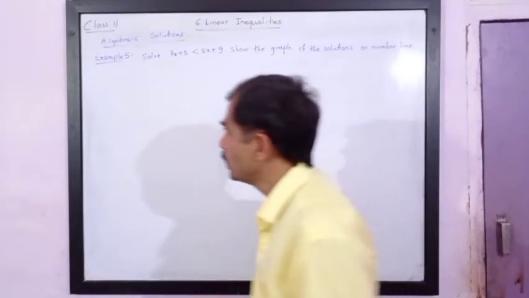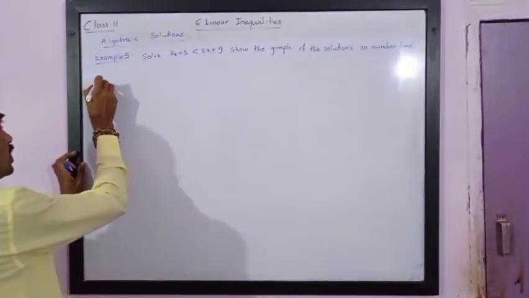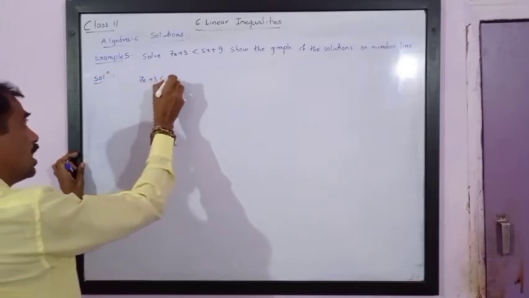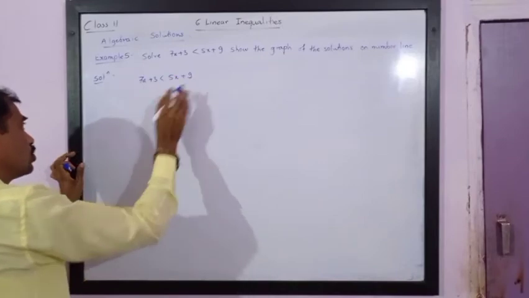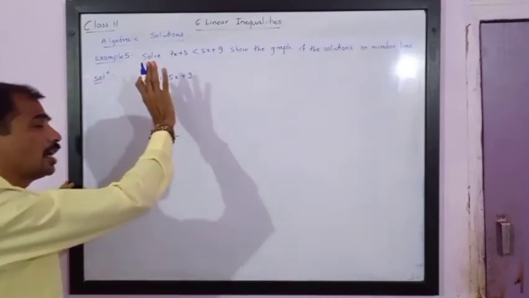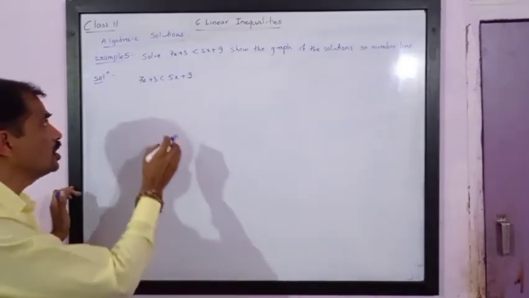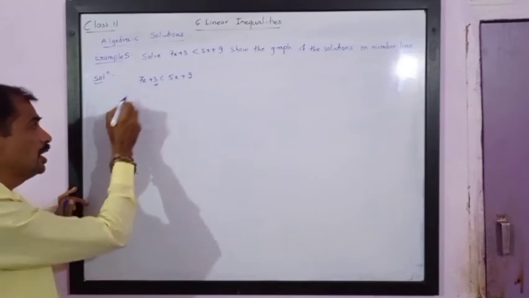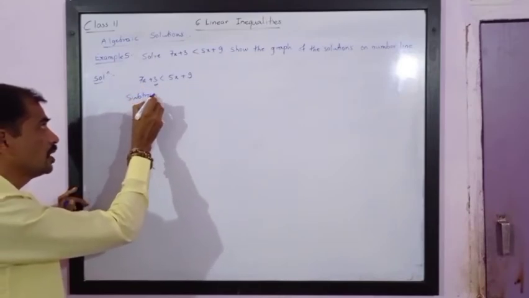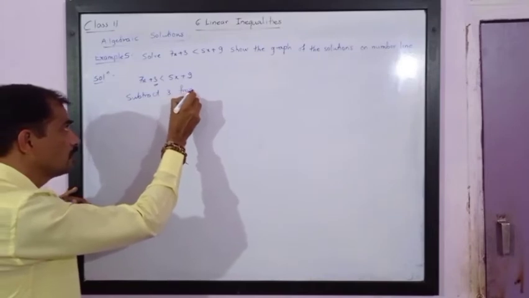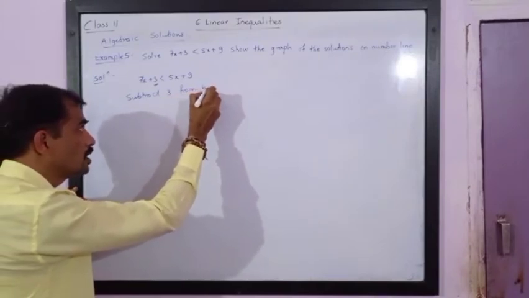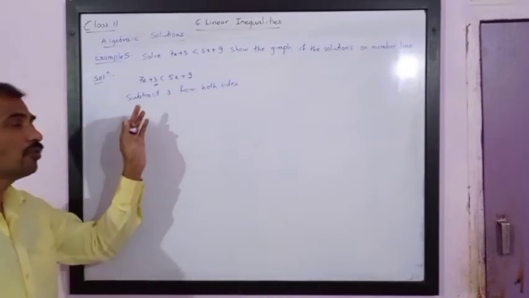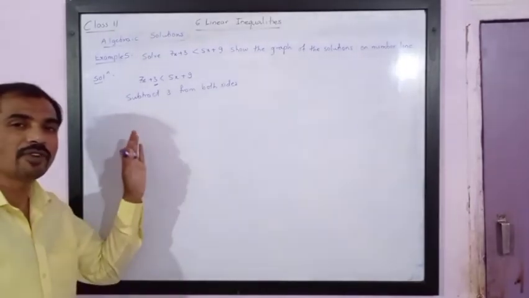Now see how it can be solved. So the solution is, we have 7x plus 3 is less than 5x plus 9. We know how to solve. We keep the x term to the left hand side and constant to the right hand side. So for this we eliminate the constant from LHS. In order to eliminate 3, we subtract 3 from both sides. If you are subtracting 3 from both sides, inequality remains inequality. This is the first rule that we have studied.